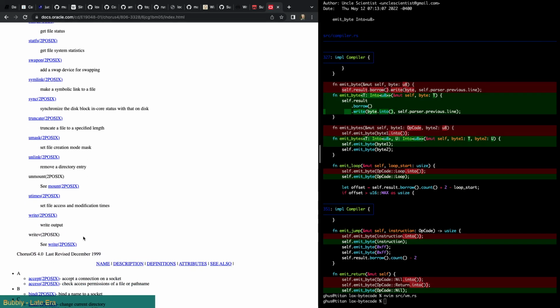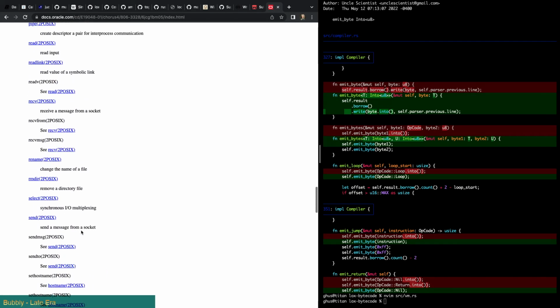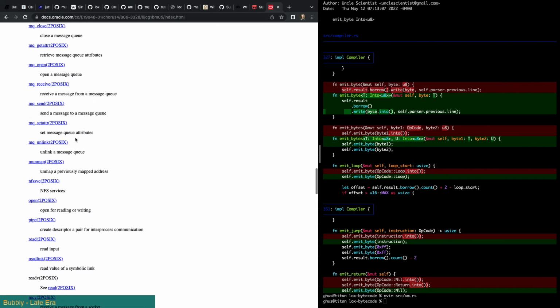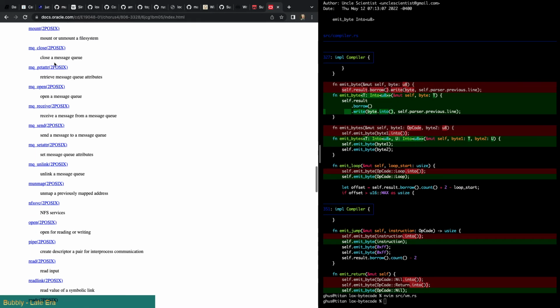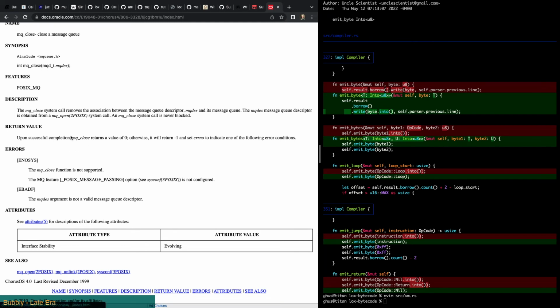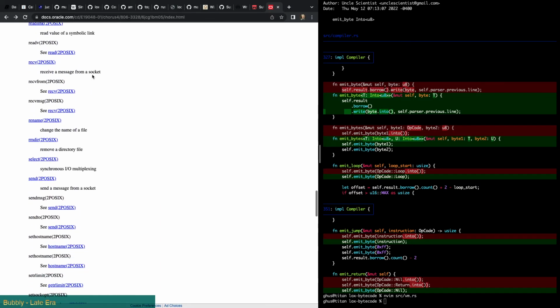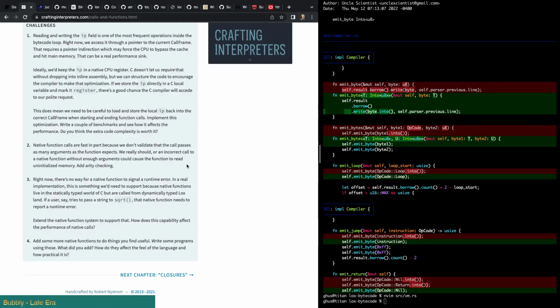Yeah, so it's basically file I/O and networking with a little bit of. I think message queues are similar to shared memory, just pass objects back and forth. And then I guess threading would be the last one. That would be interesting to add. Multi-threading. Then you'd have to add all the threading primitives, like condition variables and mutexes and stuff like that. Anyway, okay, that's my answer to number 4.